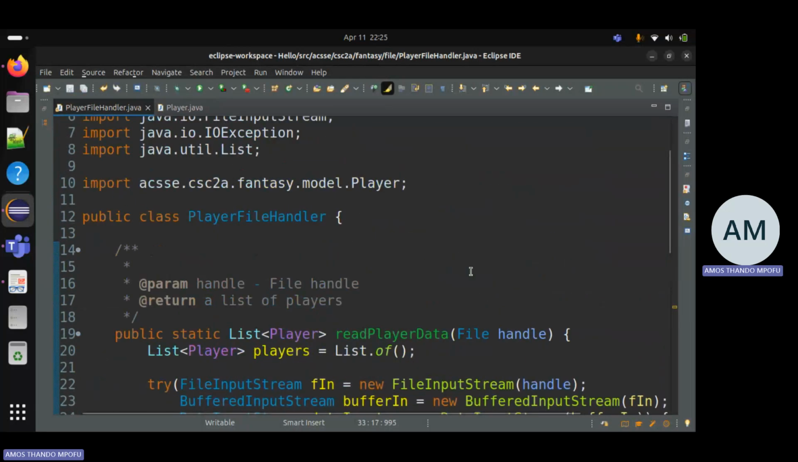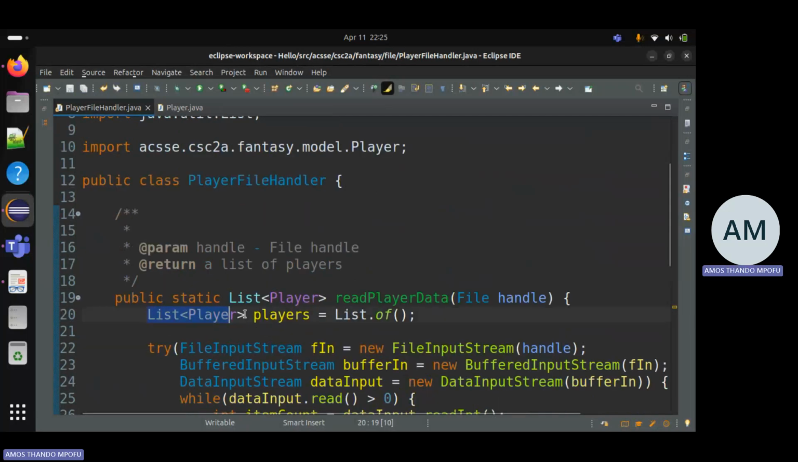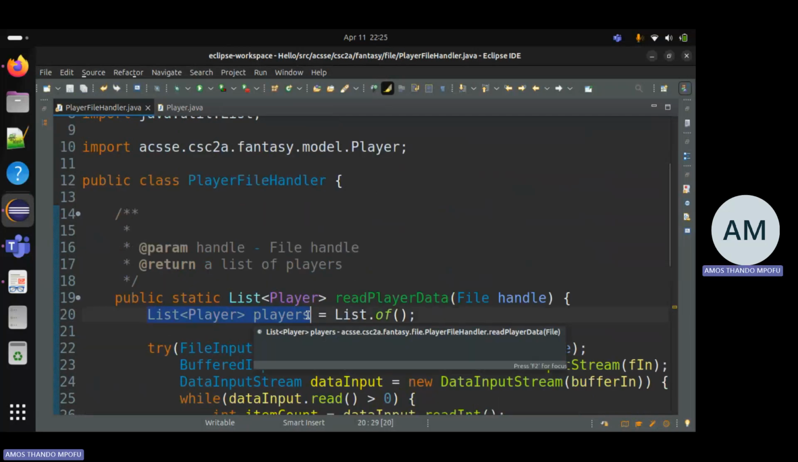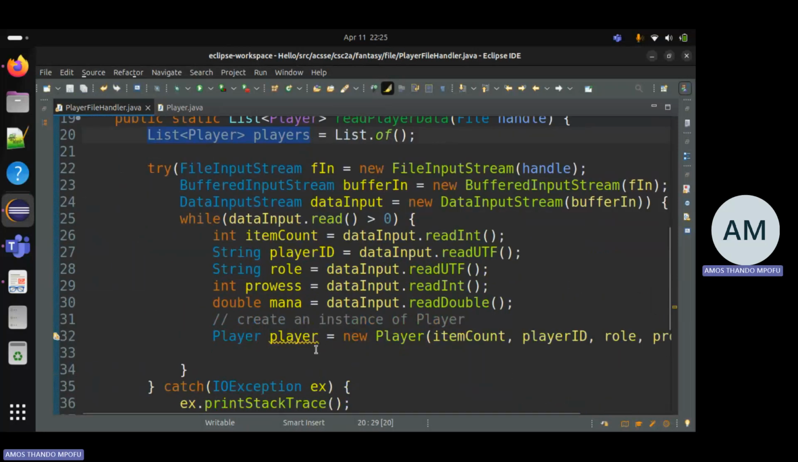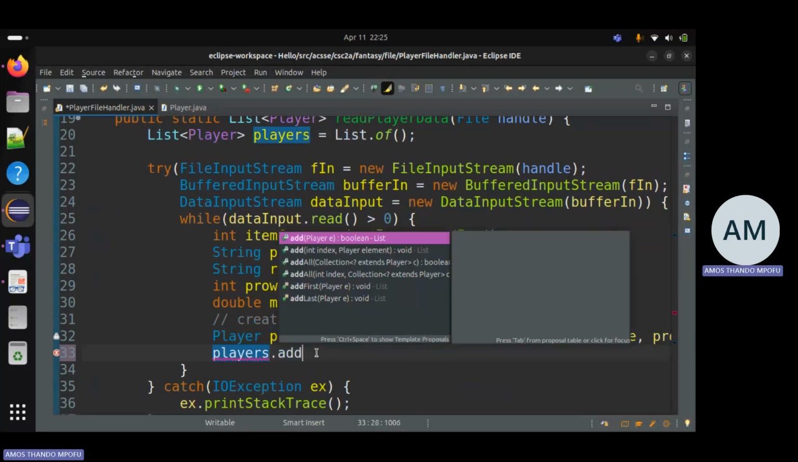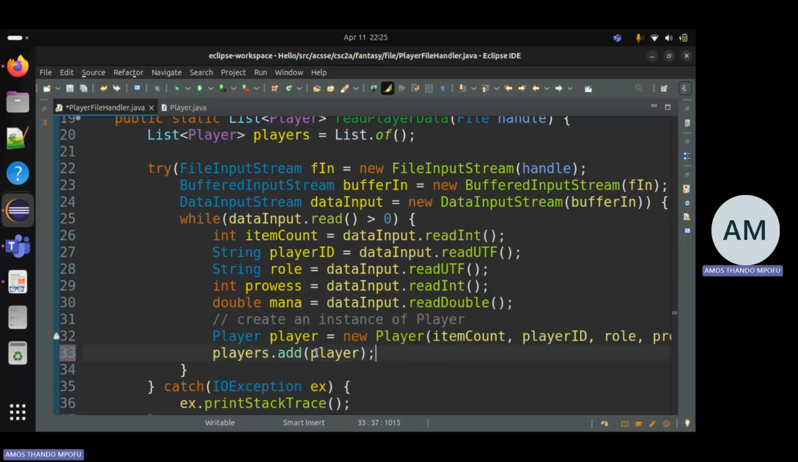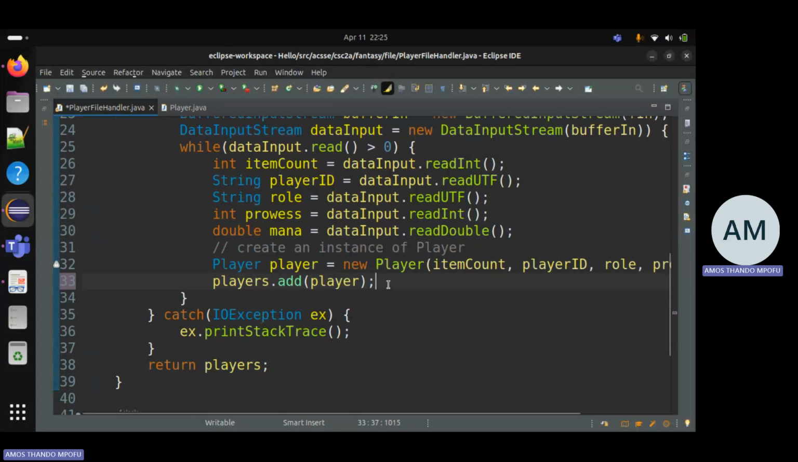Now remember we have a list. So every instance that we've created, we need to add it to the list. So I'm going to say players.add to add it to the list. I hope it doesn't give me problems. Okay, no problems. So players.add adds to the array list. Add what? This player, this instance that I've read from